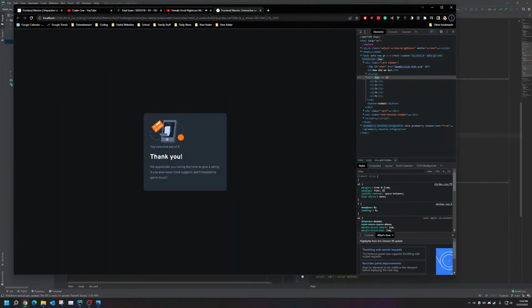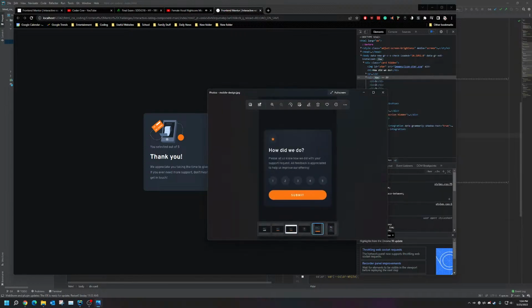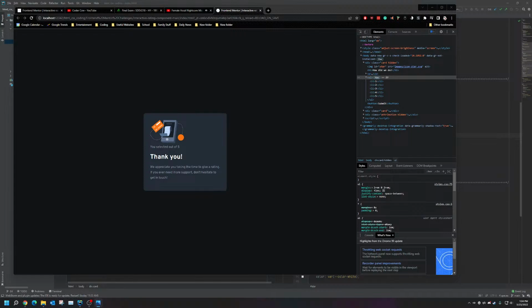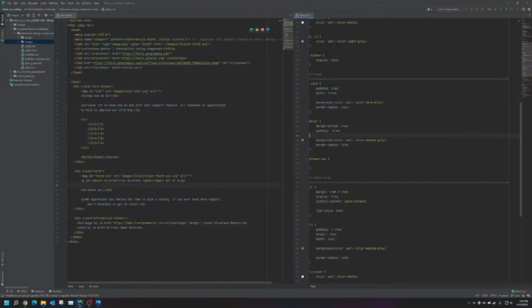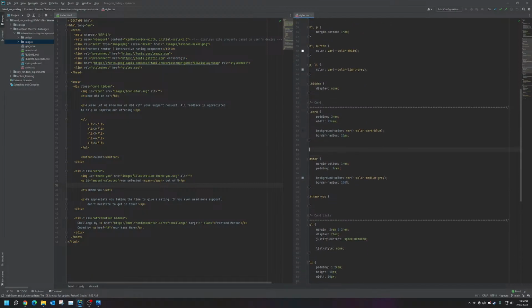So, okay, how is this looking like? Hey, that's not bad. That's not bad at all. Now that I think about it, look at this. The text is completely different. Everything inside of this div is all centered. So this is going to be interesting. Oh, I know what I can do. I guess what I can do is called